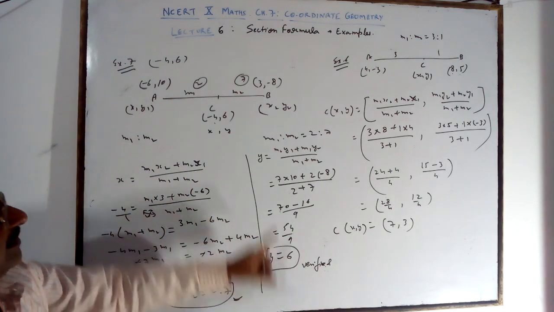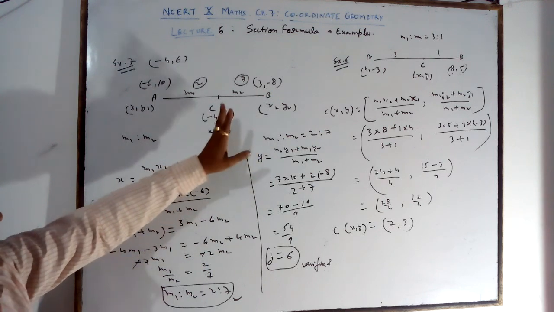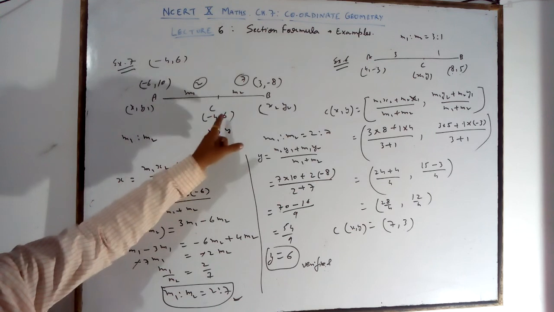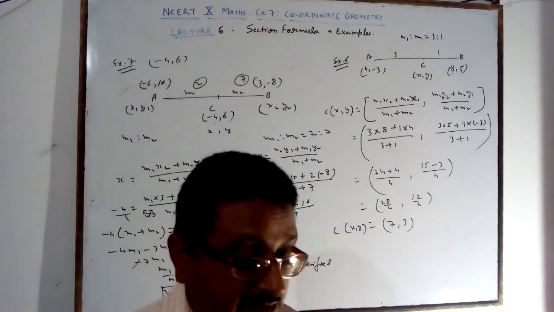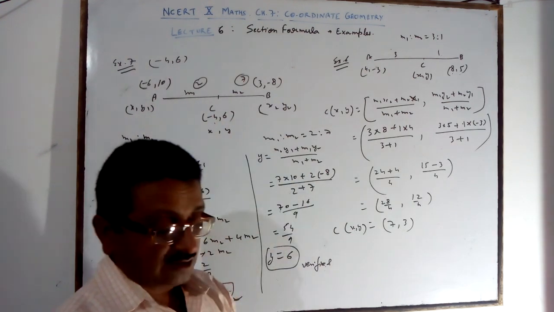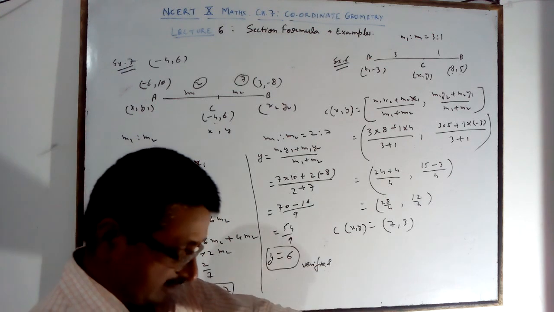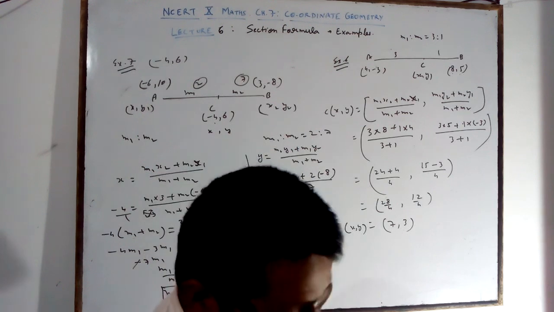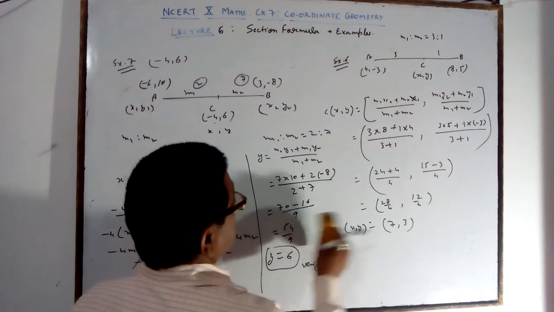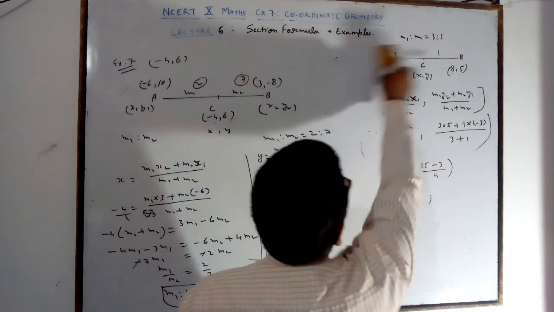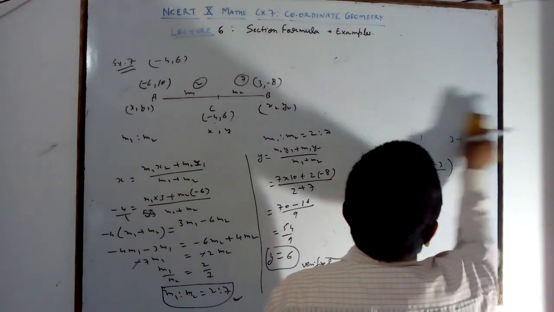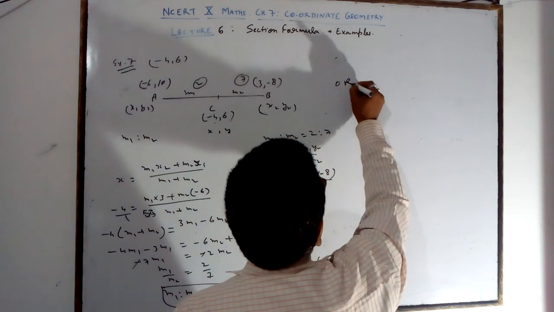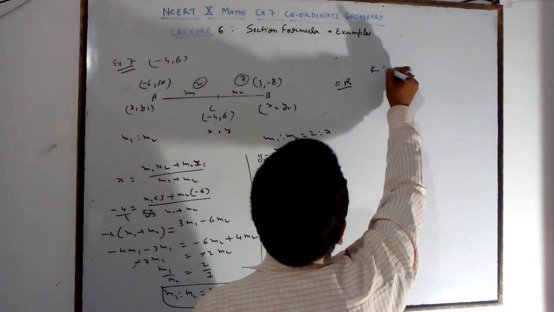If it does not come out, then put it in again. You can also get the answer from y: if you take y in the place of x, you will get the same answer. So this is the solution. Example number 7. Verification is very important. And one more method for this question is that you can use k plus 1, a relative ratio k to 1.